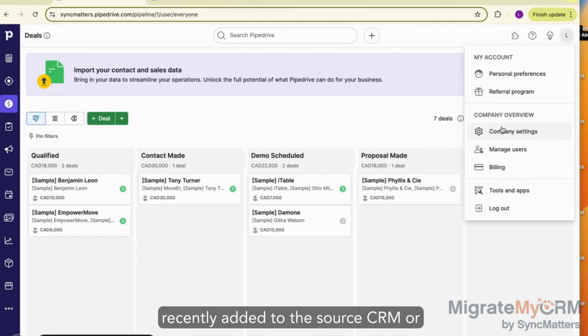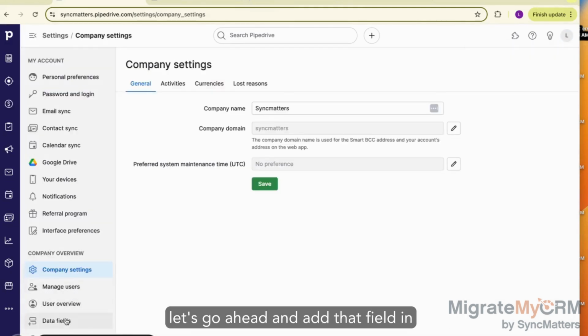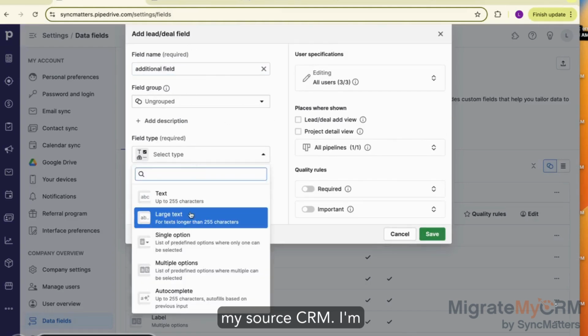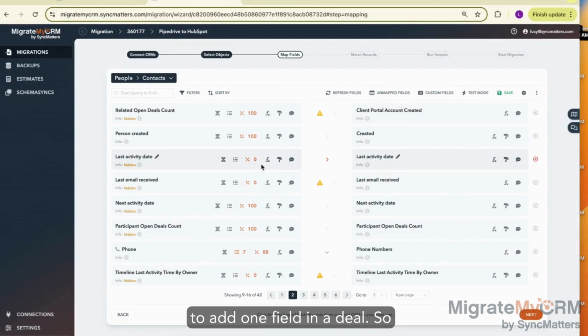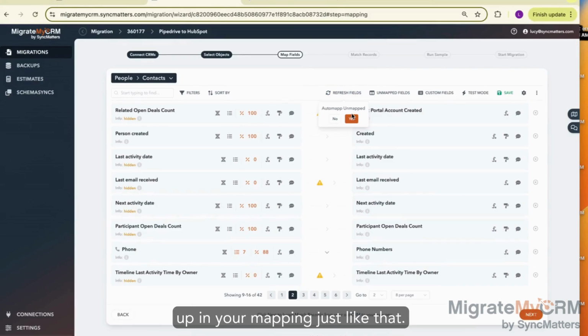Now, let's say there is some field that your team has recently added to the source CRM or target CRM, and you really need to map it. So let's go ahead and add that field in my source CRM. I'm going to add one field in a deal. So you really need to add this field, and it will not show up in your mapping just like that. You need to click refresh, and